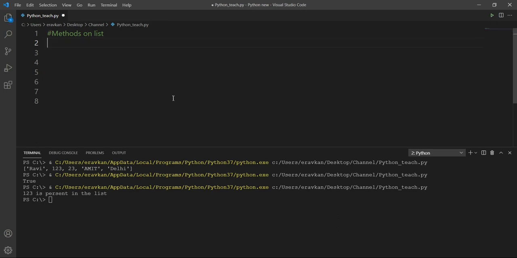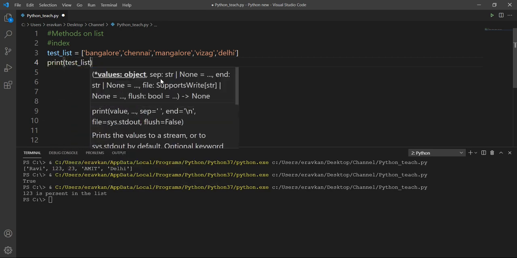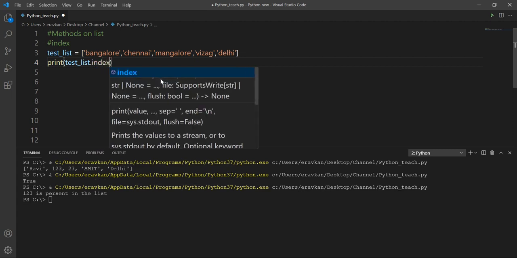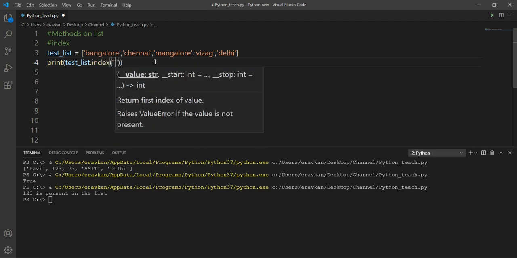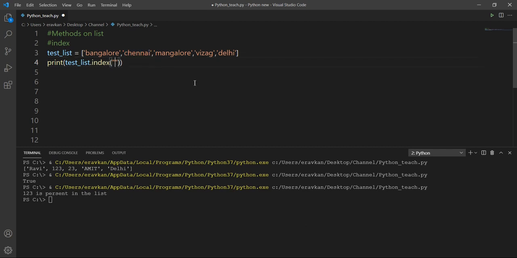Now I go to the index function. By using the index function you can check at which particular position your element is present. Let me give you an example. Suppose we have this list and I want to find where Chennai is present. I can print my list name dot index, and specify Chennai.